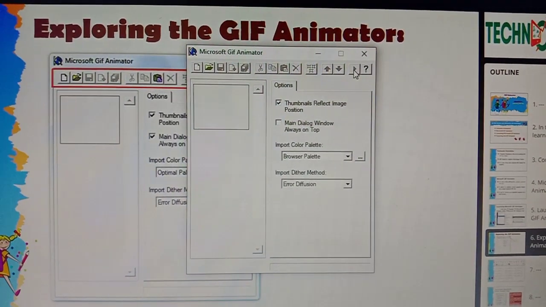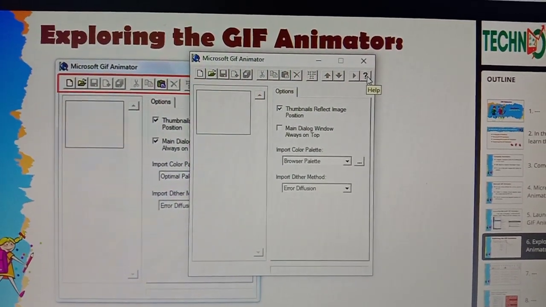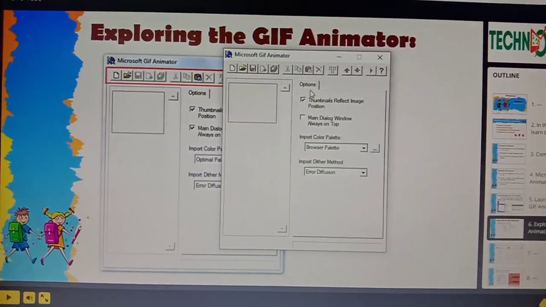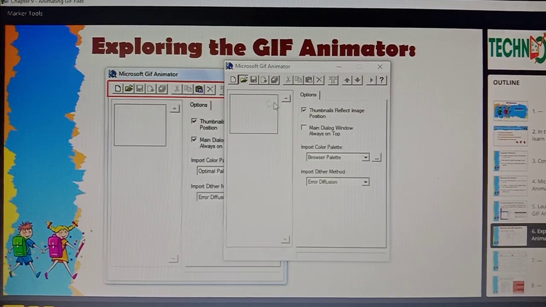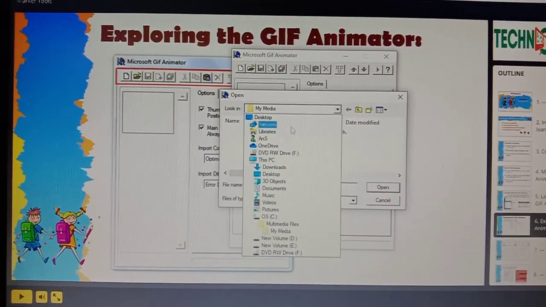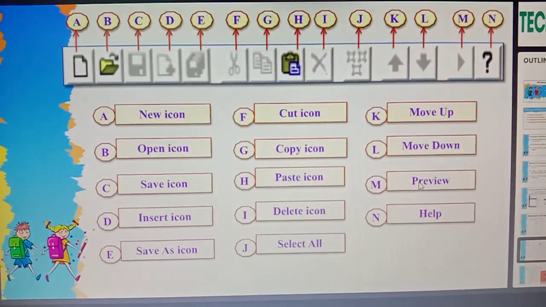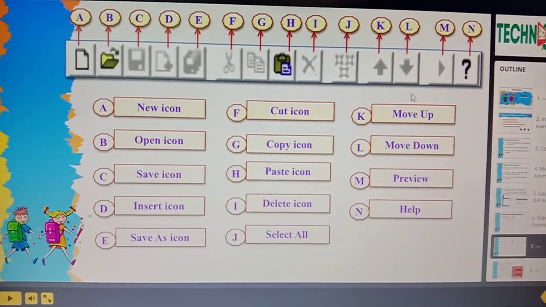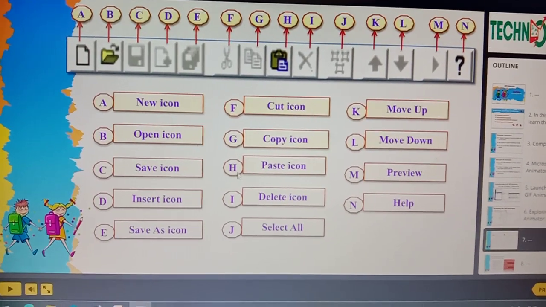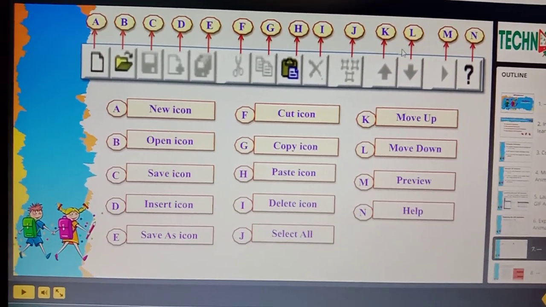And this is a preview button, or else you can say it as play also. Already you people know that this is help. Okay. As I told you, these following things are available in your toolbar. So these are the icons. What are the things that we have in this toolbar?